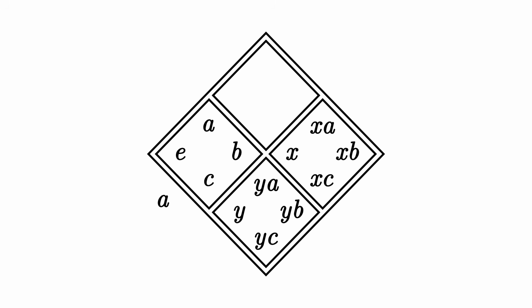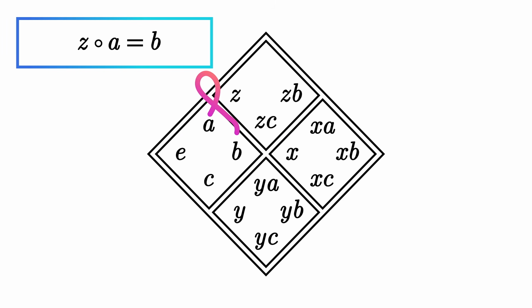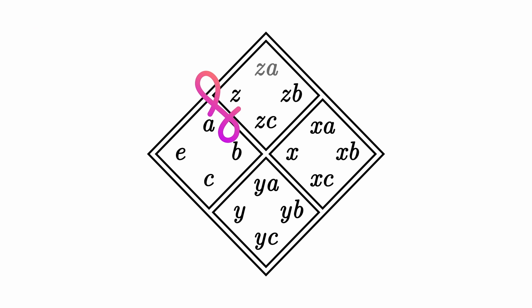Either you shift by an element that is already in the subgroup. Since the subgroup is a closed system, the results are all in the subgroup. Or you shift by an element that is outside the subgroup. Could it happen that any result is still in the subgroup, for example z times a equals b? Cancelling a from both sides and solving for z, we get that z equals b times the inverse of a. But since a is an element of the subgroup, so is the inverse of a. And since b is also an element of the subgroup, so is their product, again because of closure, so z must be in the subgroup. If we specifically assume that z is outside the subgroup, the result could have never been in the subgroup in the first place.